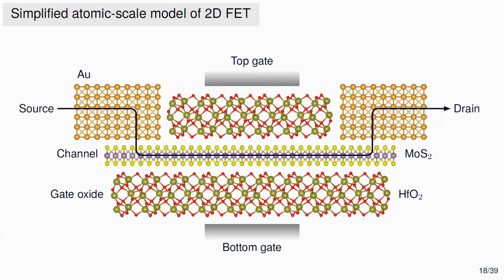So what we've been doing in our group is to try and work on something that looks like the following. So this is a simplified schematic of what we would like to model. What you're looking at here is the semiconductor channel. So the purple would be molybdenum, yellow would be sulfur, and then this would be where the electrons go through. This is a contact, like a metal contact. In this case, it would be gold. And then you have two dielectrics, in this case, for example, hafnia. And then these separate the channel from the top and bottom gate. So this is the simplest possible model of a two-dimensional transistor you can imagine. And the question is, can we do calculations directly on that?